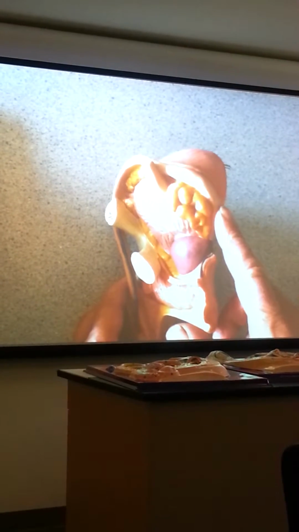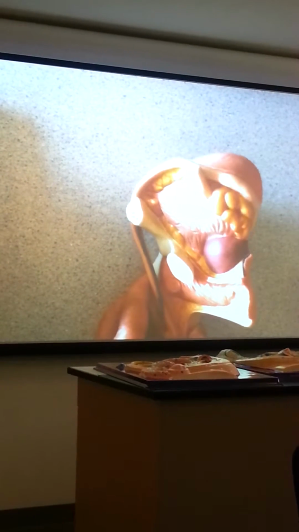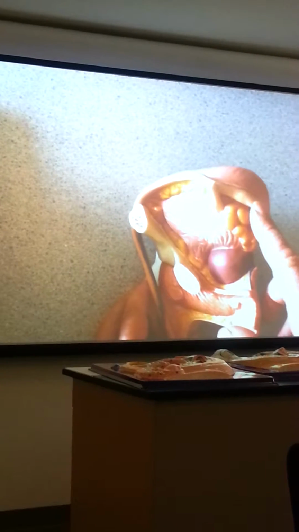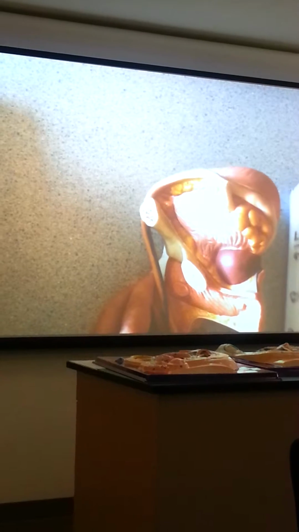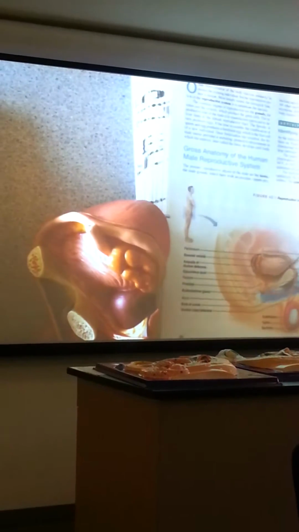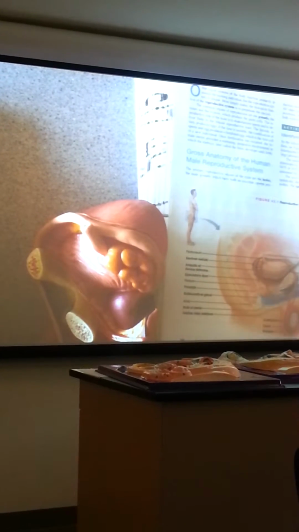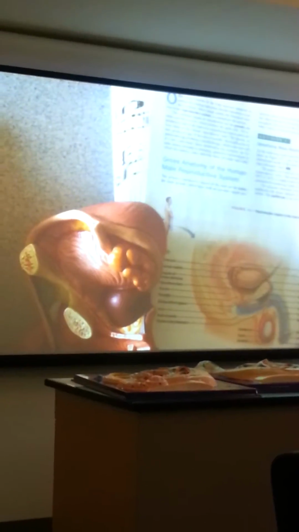Let me point that out. But it comes to the back where it swells. This part here is the ampulla of the vas deferens. This squiggly glandular thing here will be your seminal vesicle. Ampulla, seminal vesicle. So this one in this case maybe looks a little more forward, a little different, but they're